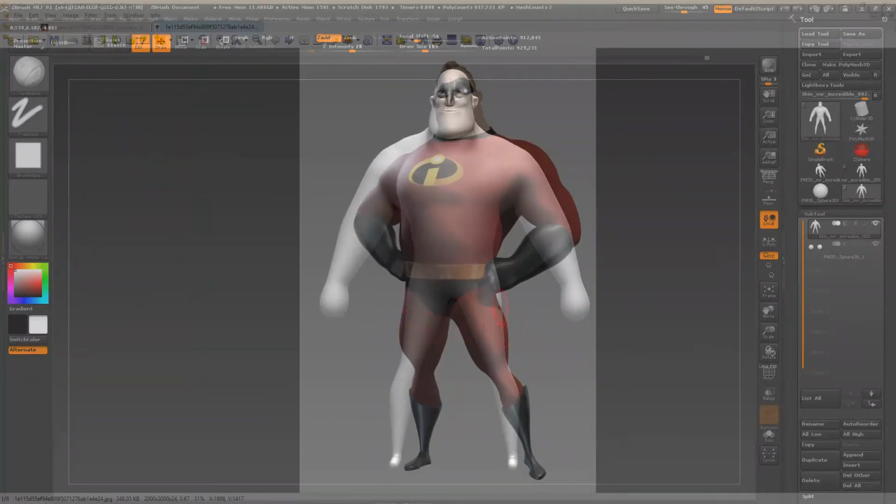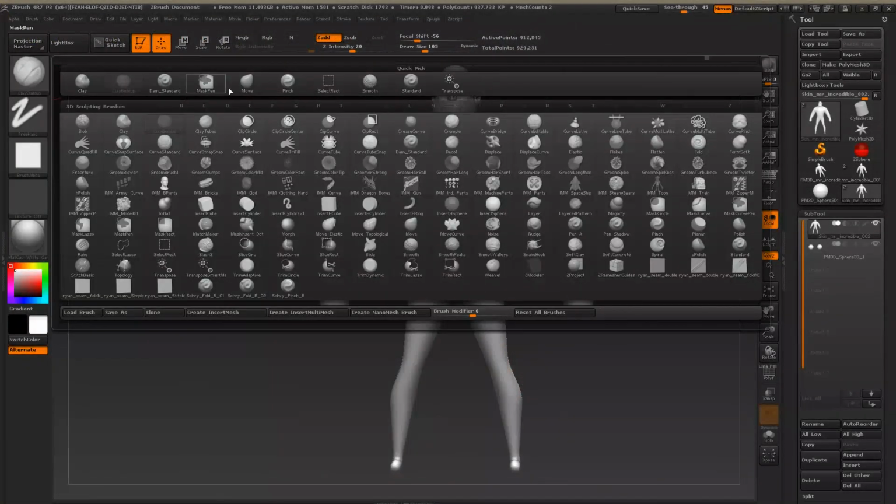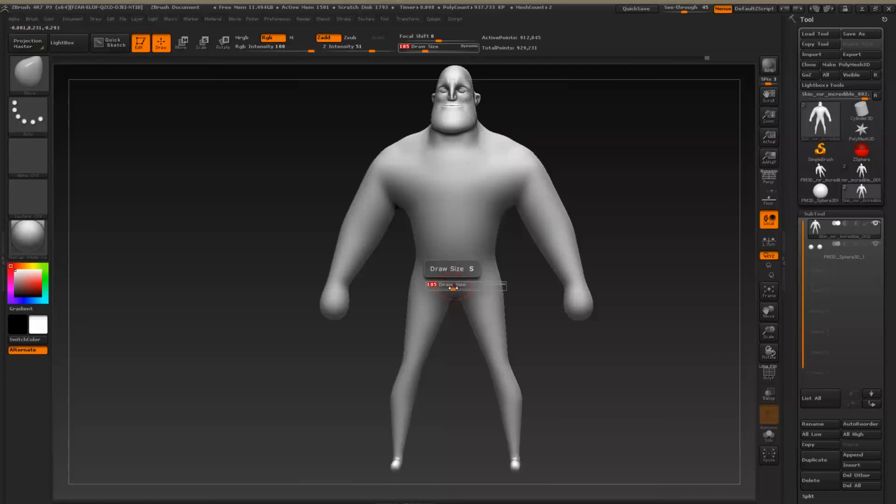As you can see clearly, the legs and the arms need to be much more developed. And also you can see that the crotch area here is kind of too high. So what I can do, I just want to grab my move brush with a big influence